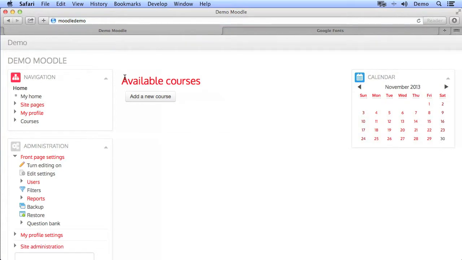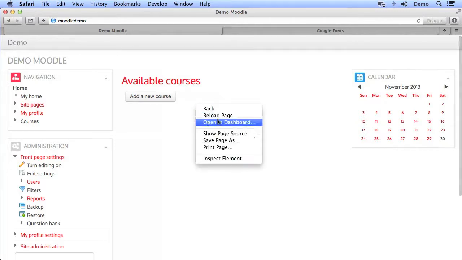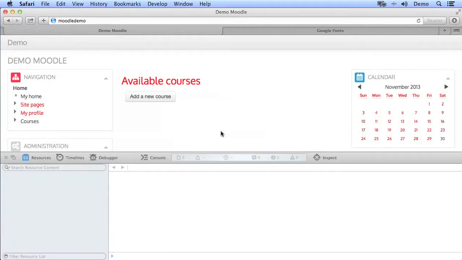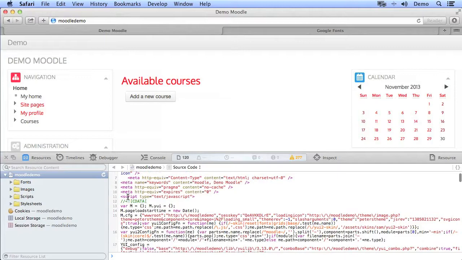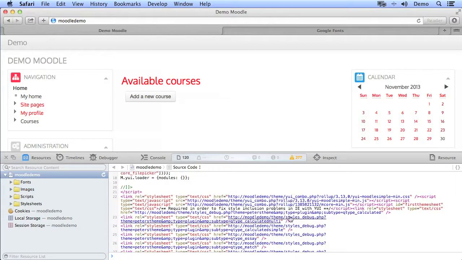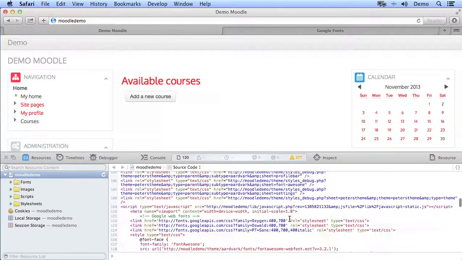And as you can see, our web font that we've included is now being used for body text. And if we just take a moment to show the page source, if we scroll down a little bit, there we go. That's the extra bit of code that I added in to the HTML structure of the page,